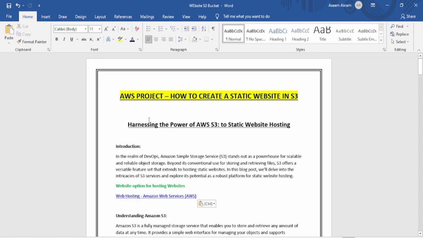And you may be asking, we have other options to host a website, like Amplify, our own EC2 instance, or any other cloud provider. Why is S3 recommended? S3 is a better option. The reason is, if your website is very static and very basic, you have